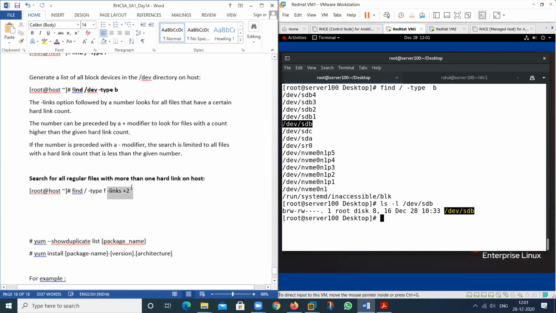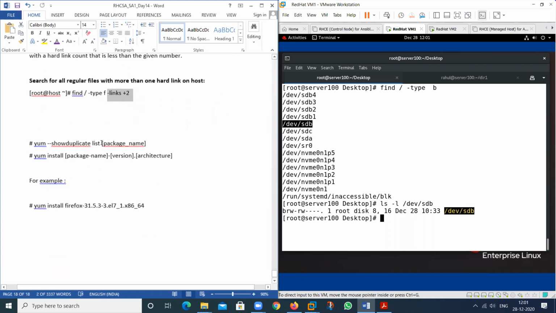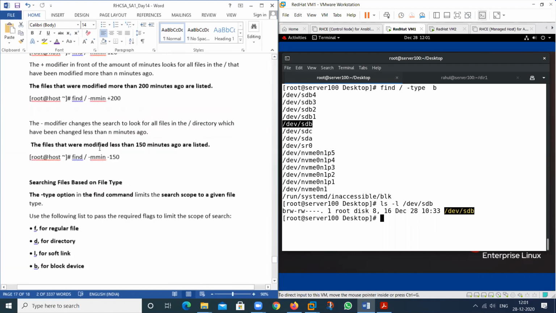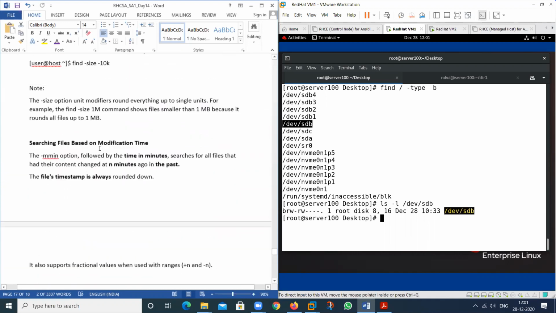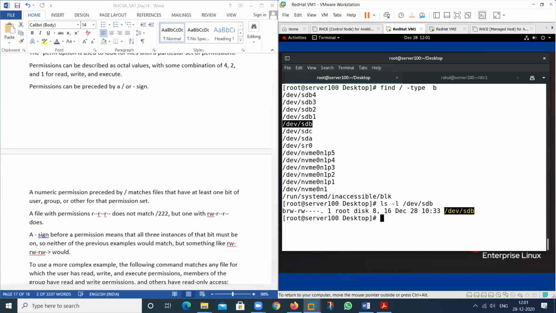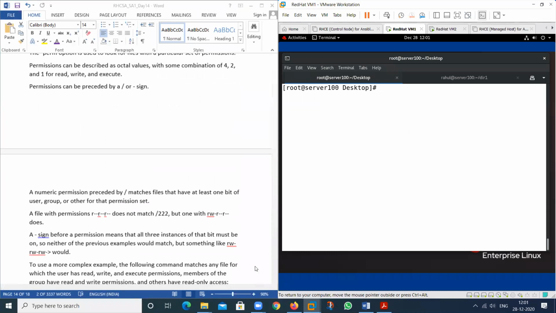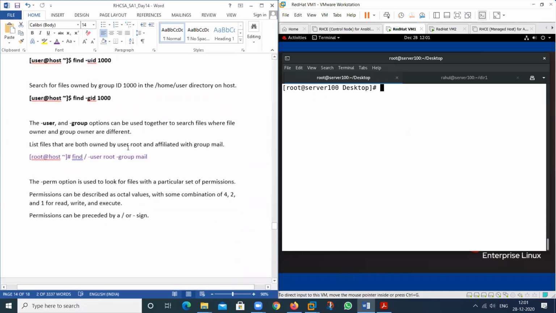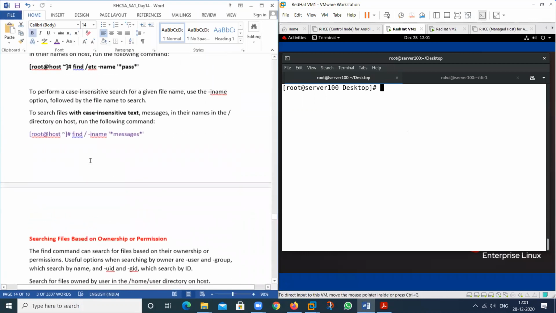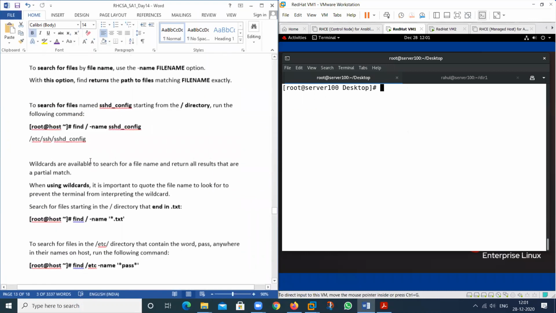So you can also use this command. So these are the commands you can use. So this completes the find command. Use all these commands for better understanding. There are a lot of commands, user ID. So this is the concept regarding find.